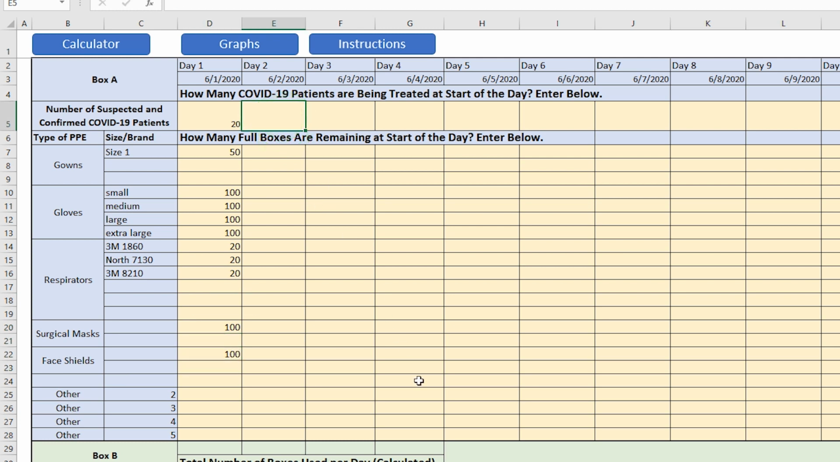Each day, continue to enter the number of full boxes of each type of PPE into the yellow cells of box A. On Day 2, our inventory is less than Day 1. Our inventory is also lower on Day 3, as we've used some supplies the previous day. We don't have to enter data for all 14 days to calculate the burn rate. However, we need to enter inventory data for at least 2 consecutive days before the calculator will provide any information